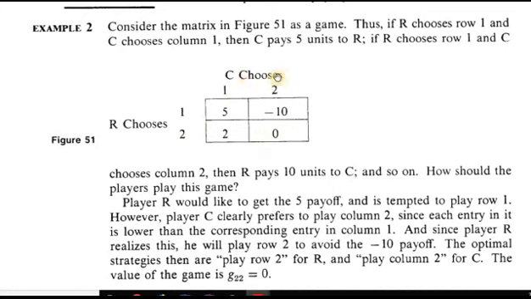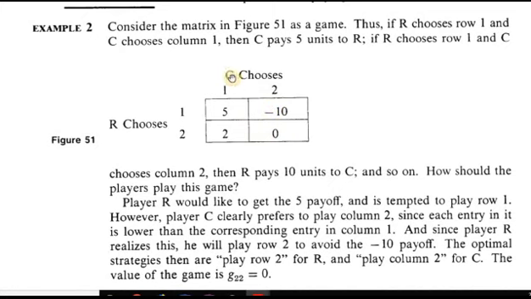All right. And player C, well, look, player C would want to get his best payoff here anyway. Now, he's not going to get his best payoff, but at least he's going to get something that's not so bad. So we'll both end up with 0. Okay. So here's another case where we have what's known as a strictly determined game. The row player is going to choose the row where he maximizes his minimum benefit. In row 2, his minimum benefit is 0. In row 1, his minimum benefit is -10. So he's going to choose row 2.